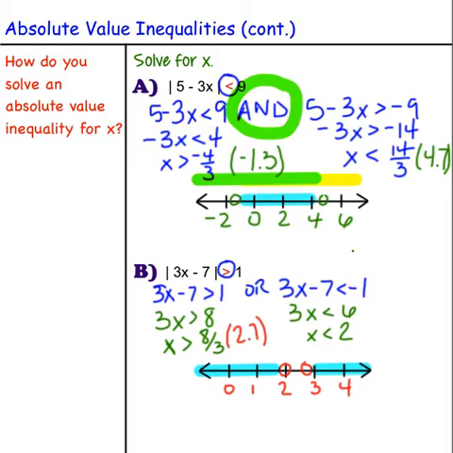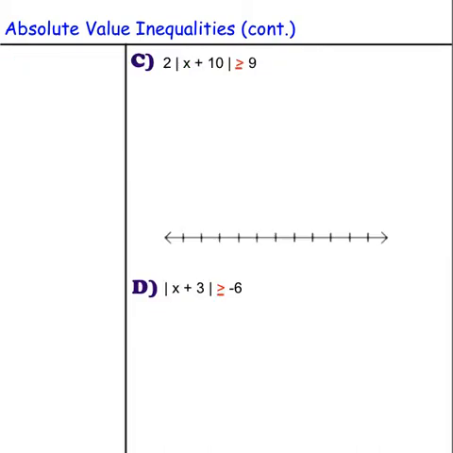Let's look at the next example. This one is a little bit more complicated. I will give you a hint here. The hint is that we really should divide by 2 first. Because if we don't divide by 2, we won't have the absolute value by itself,